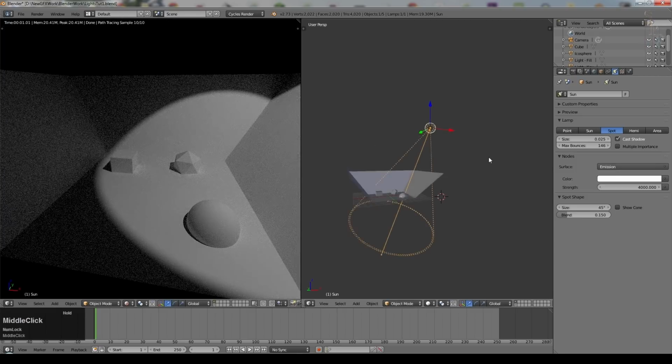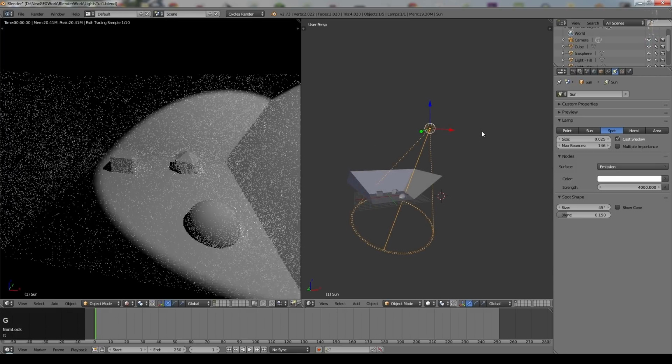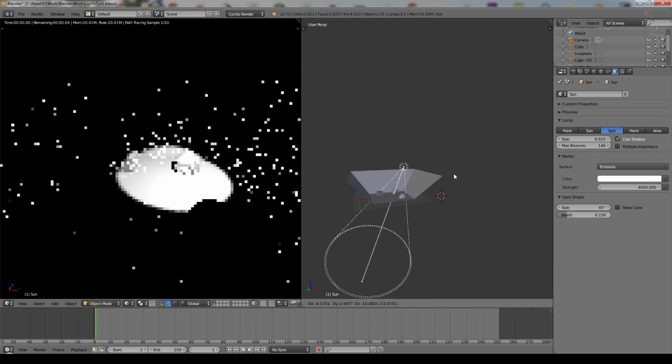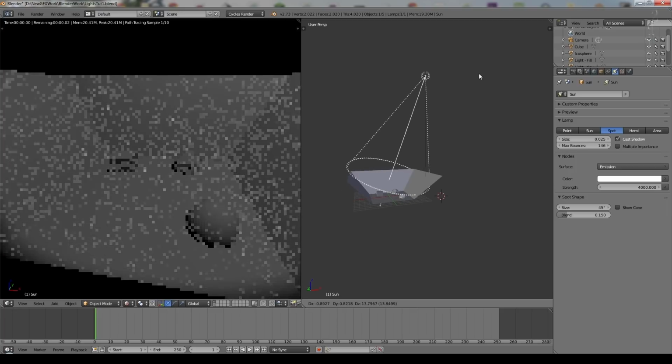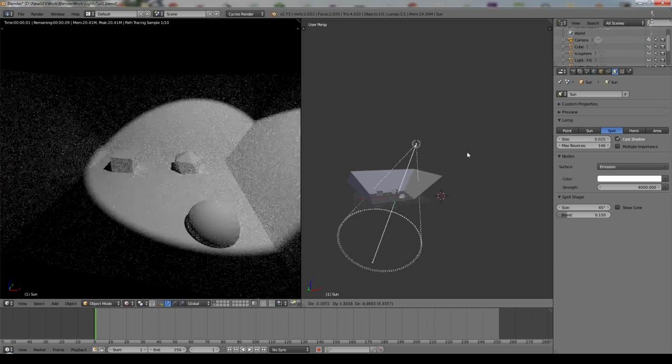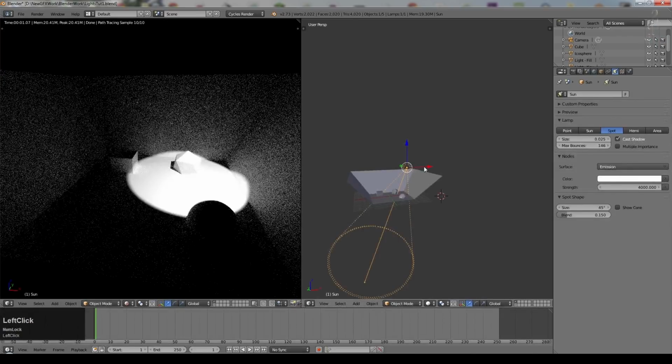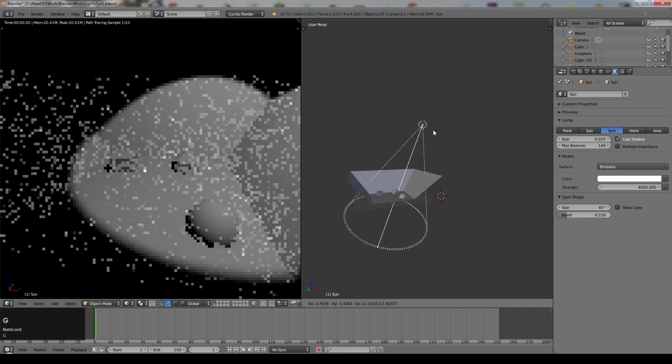The next thing, as is the case with several of the lamps, as the lamp gets closer, the strength of the light gets stronger. So there's a fall off. You can see it falls off there and gets brighter here. I'm not going to go into the advanced settings, but there are settings in the node editor for you to control the way that fall off works for emission objects.